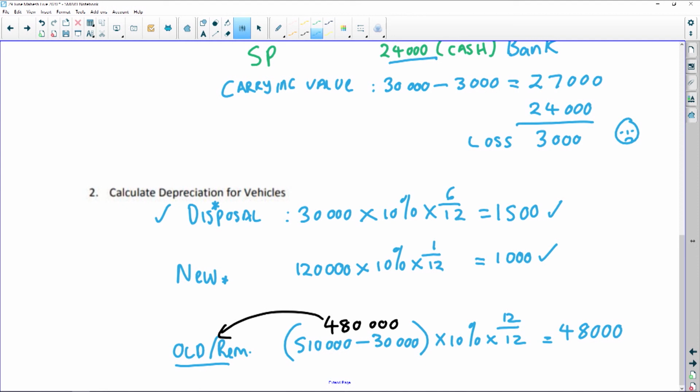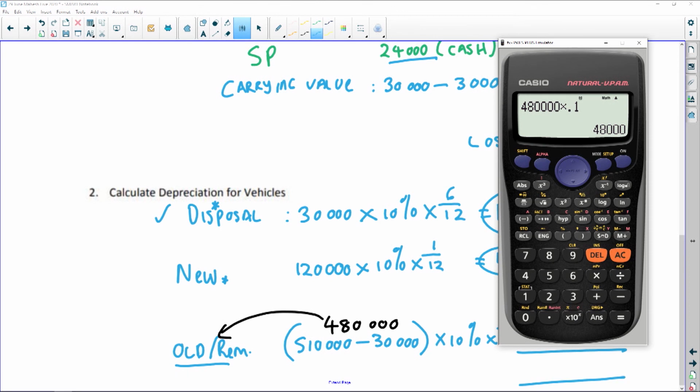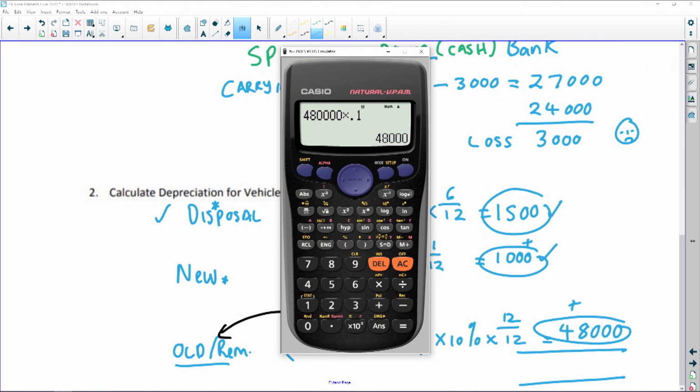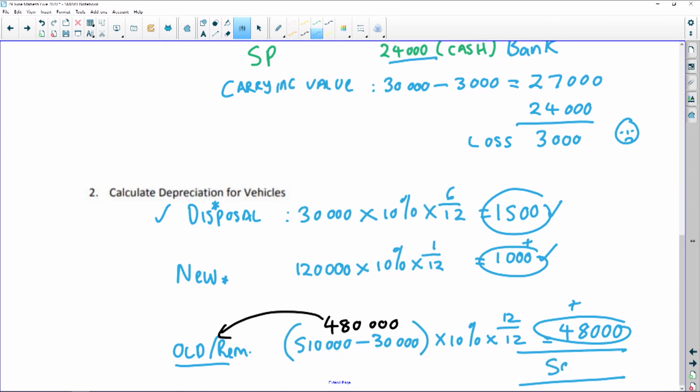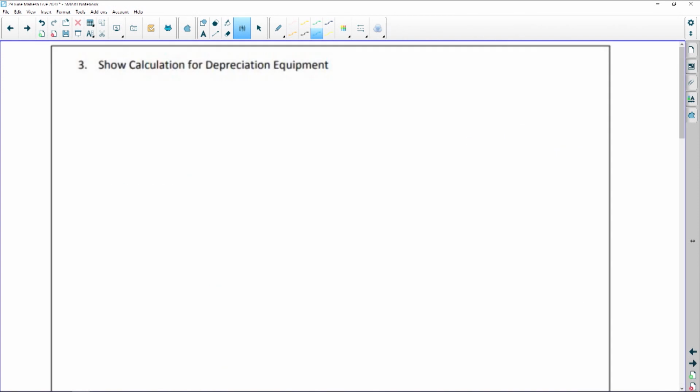Okay, so not difficult. Right, so my total depreciation is obviously disposal plus the depreciation on new plus the depreciation on my remaining vehicles. And let's do that again quickly together. Let's move that so you guys can see. So 48,000 plus the 1,000 plus the 1,500, and that is giving us 50,500. Okay, right, second part of the question done and dusted. Let's now move on to the third question that wants us